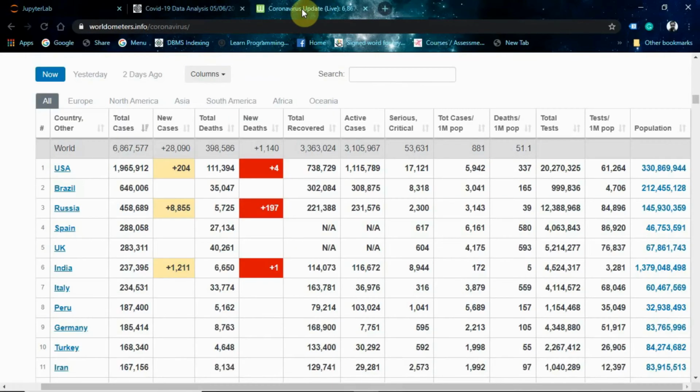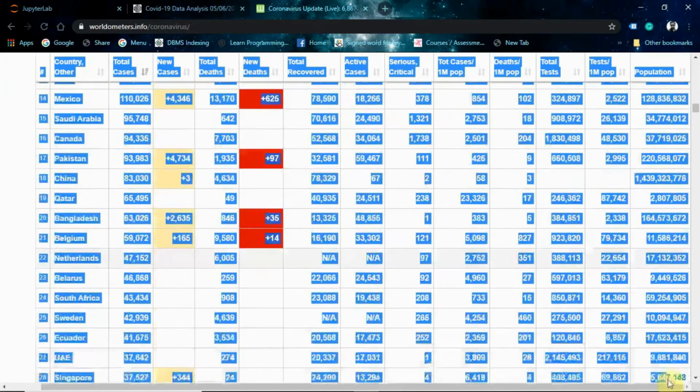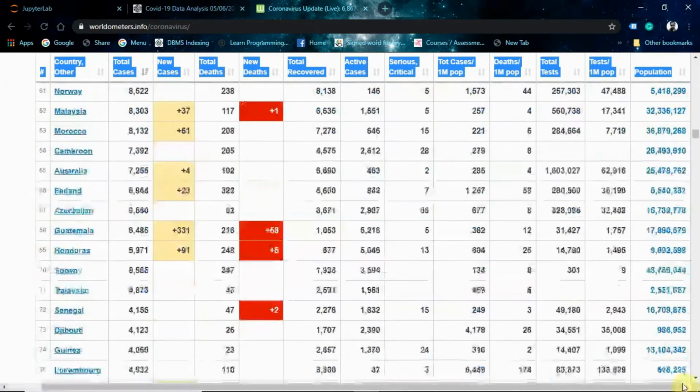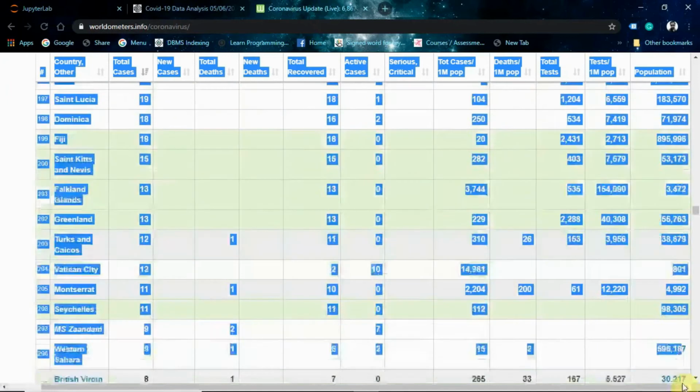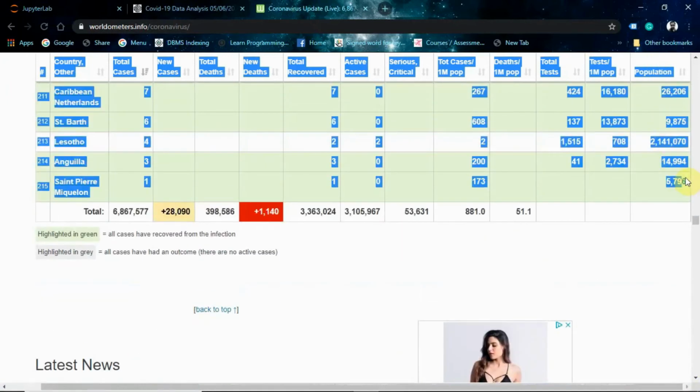So the first thing is to gather the data. How would you gather the data? There is a method called web scraping. There is also a library, Beautiful Soup, which is used to scrape the data. But in my case, I just copy and paste the whole data into an Excel sheet and process it to analyze the stuff. We'll start by copying the data, by selecting all the data and copying and pasting it into an Excel sheet.